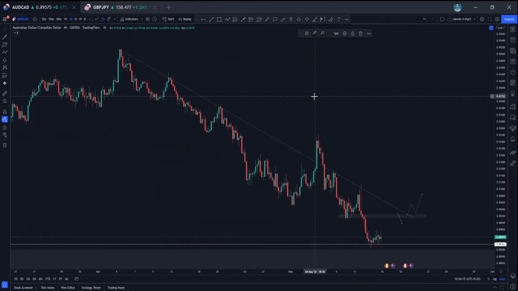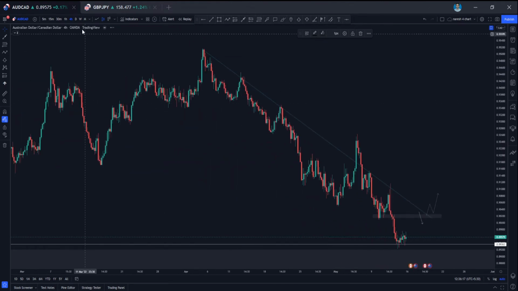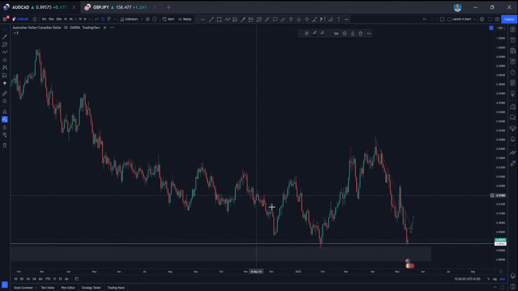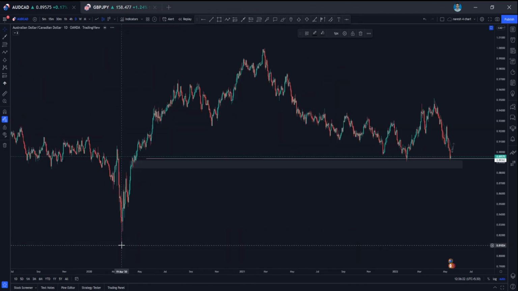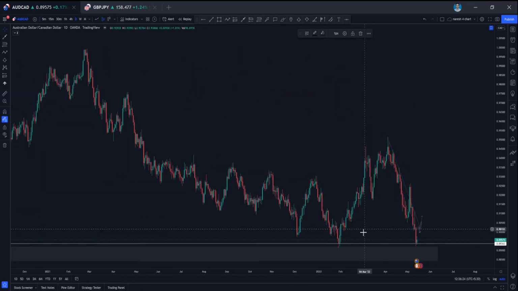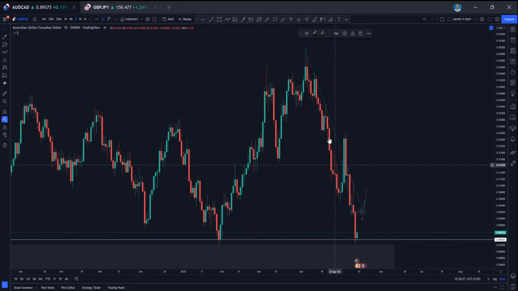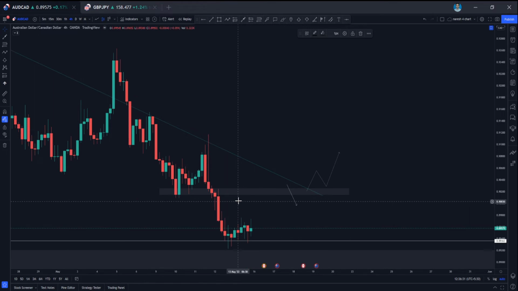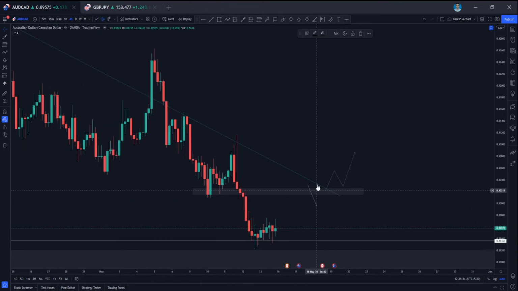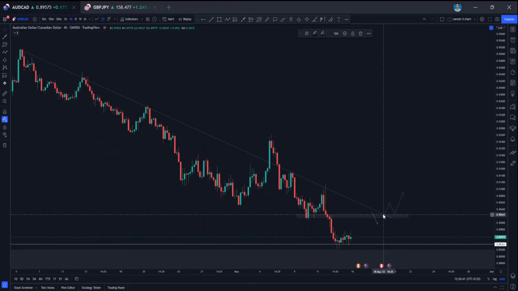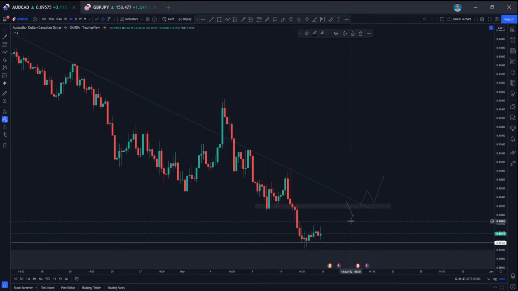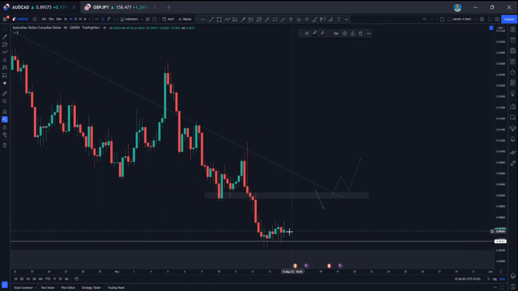So AUD CAD is bearish, and as we see in AUD it is near an important support area. So it is near an important support area, and the market has been stretched also. So right now I'll not be looking for any trade guys unless it is pulling back to this level again, an important resistance area. I'll also not be looking for long entries, because it will be counter trend, and I am not a big fan of counter trend. Okay, so if the price is coming to this level and holding this level and pulling back, I'll be looking